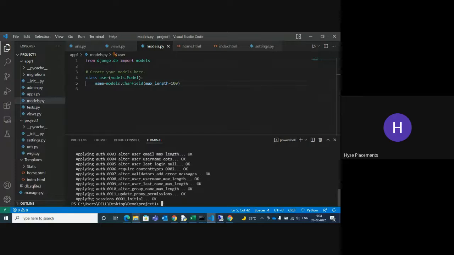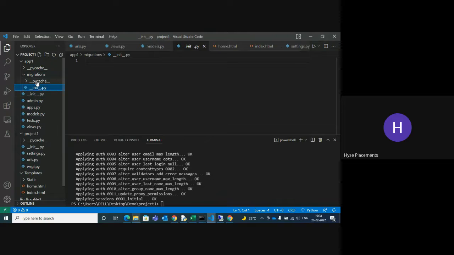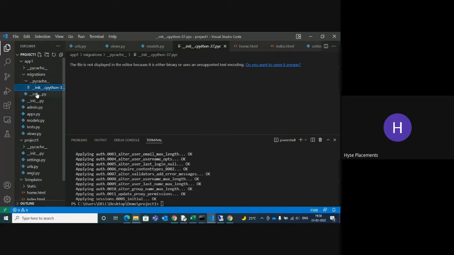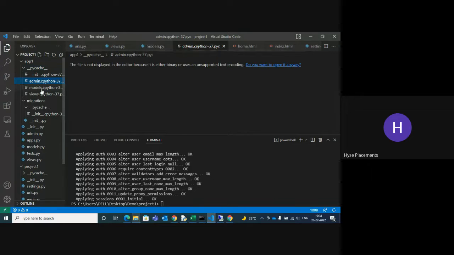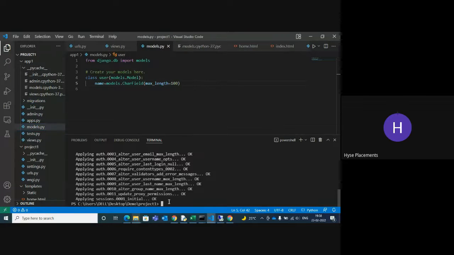After that you can see all our authentication apps applied to our migrations. Okay, make migrations, I missed one thing. Python manage.py makemigrations.